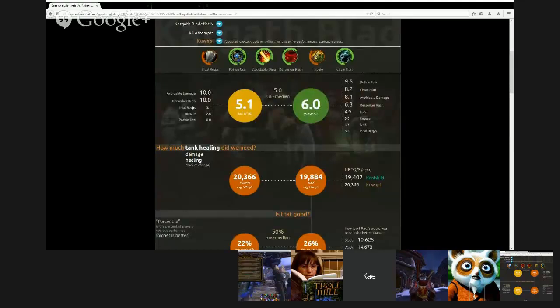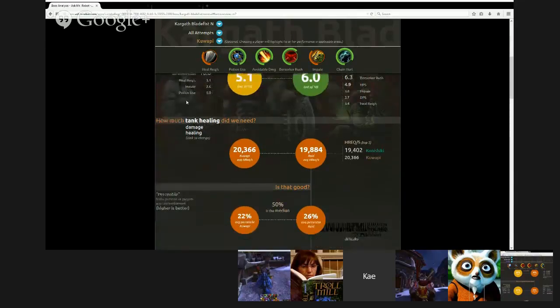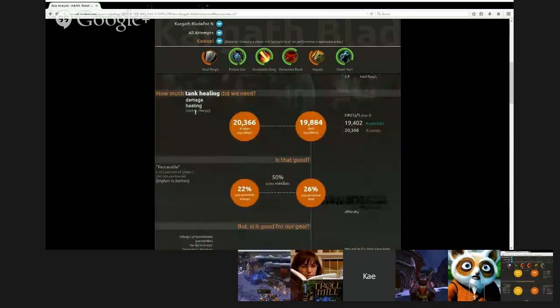I'm looking at Kuwapi's score here. I did really good at avoiding damage and the Berserker Rush, which is actually really easy to do when you're in the stands. And then again, I can work better on making it easier for my healers and doing a better job of trying to mitigate damage more. So there are some different areas there. Looking at what's going on here,